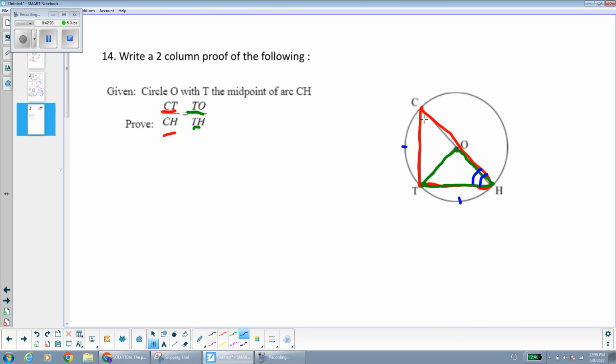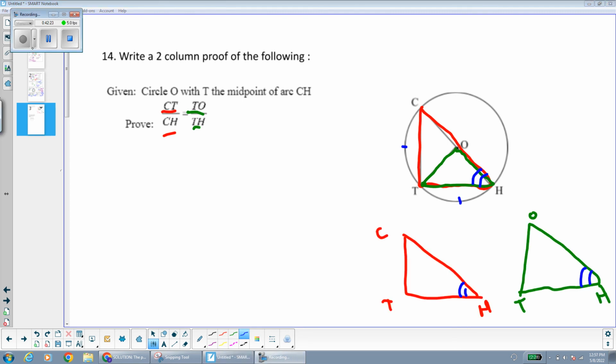So since inscribed angles are half the measurement of their intercepted arcs, I see that those inscribed angles are congruent because inscribed angles that intercept the same arc or congruent arcs are also congruent. But the more I'm thinking about it, I don't think the inscribed angles are going to work because